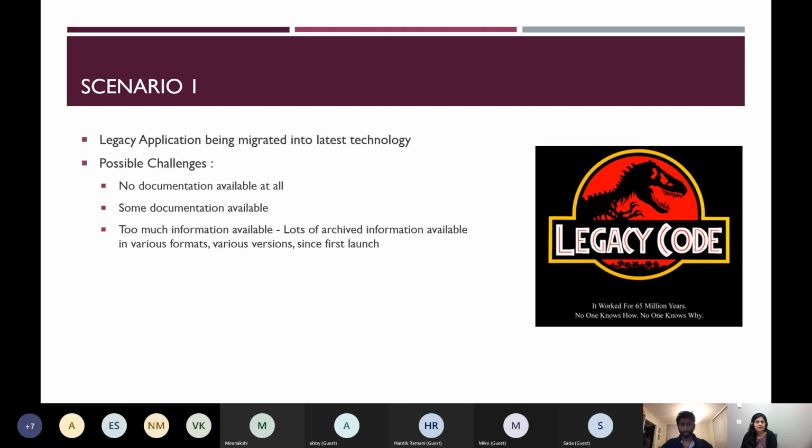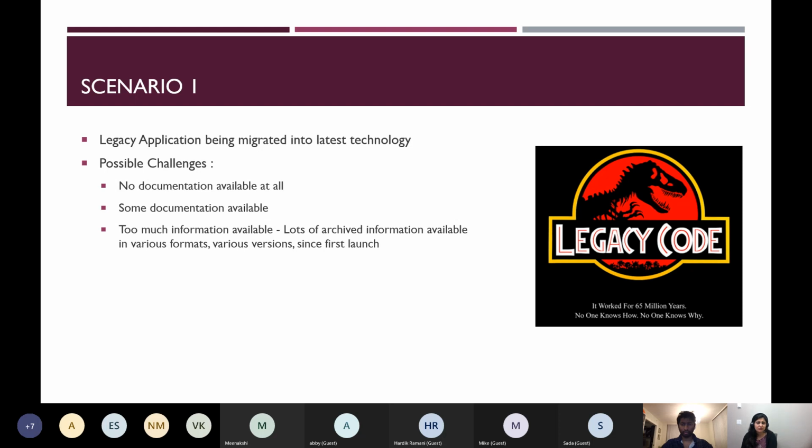So the business makes the decision to upgrade the vendor portal and integrate seamlessly with the rest of the newer applications that have been developed since the vendor portal was launched. So if we find ourselves in this situation, the possible challenges that the testing team, and really all the teams, would come